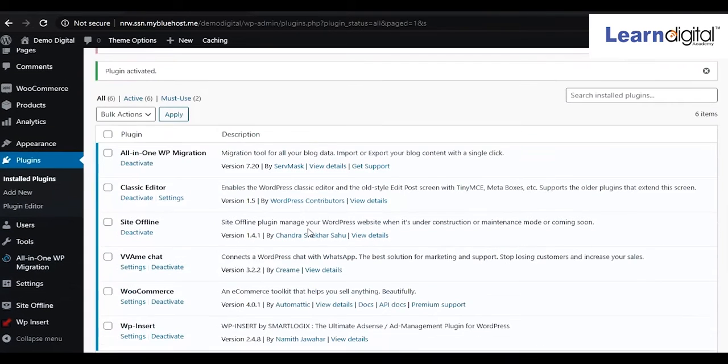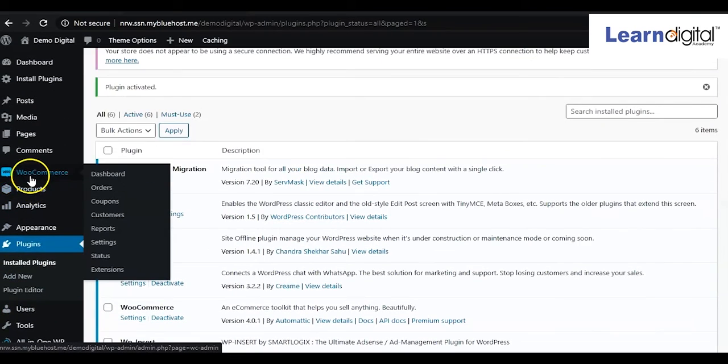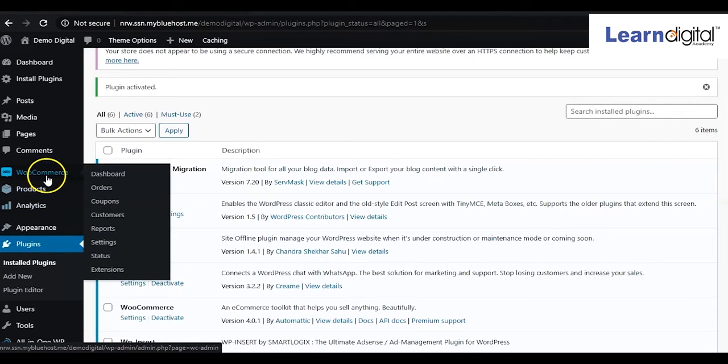So we have activated the plugin. As we installed it, on the left side we can see this WooCommerce option, and with it, Products and Analytics, two additional options, are coming.